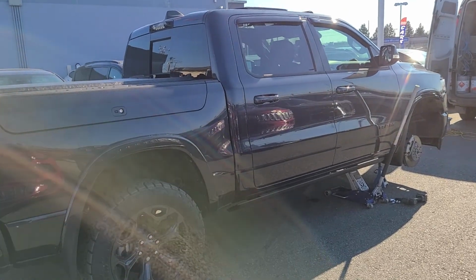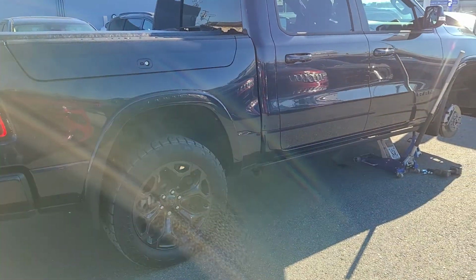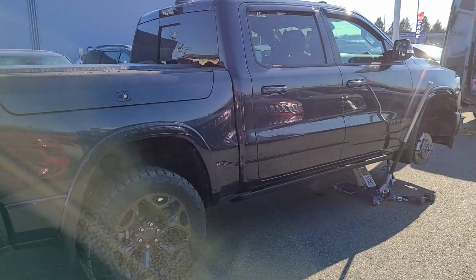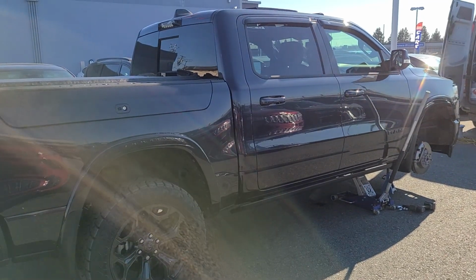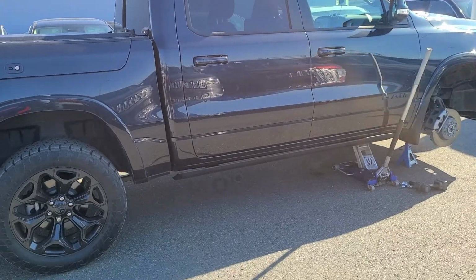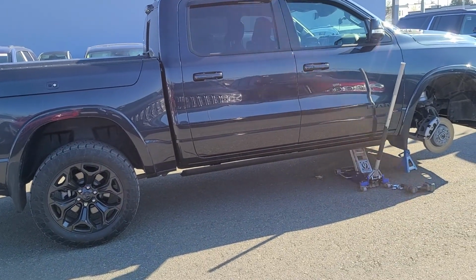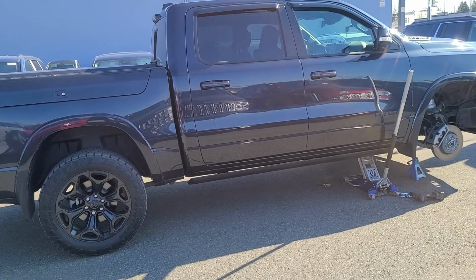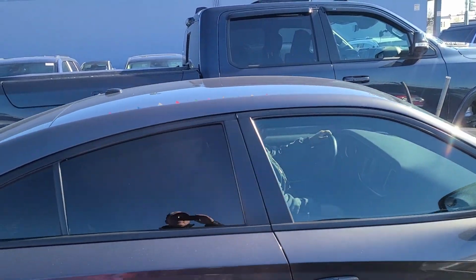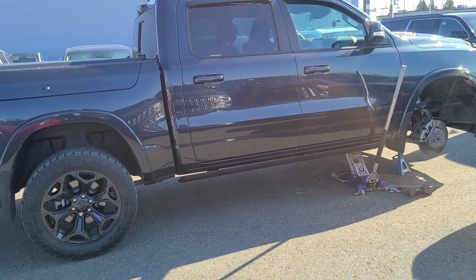happened since. Other than that, the tires, I tried to go for a speedometer calibration. I guess the other Ram dealer said they could do it, but now they said they can't, so I'm gonna have to buy a flash cal or something, a tuner, some kind of tuner, and do it myself. And I can't get one because they're not out yet for the 2022 model from Bully Dog or Edge